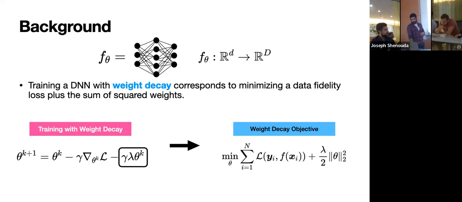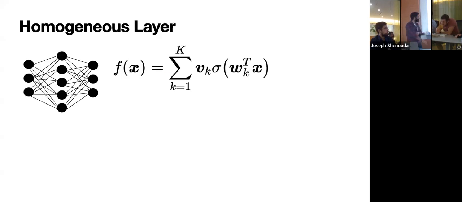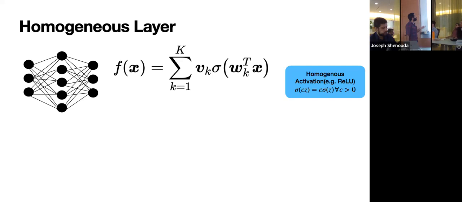Okay, so the second thing that's going to come up a lot in this talk is the concept of homogeneous layers. So let's say I have a neural network that looks like this. This is just one hidden layer. I'm basically doing some kind of linear combination of these representations that I've learned in the intermediate layer. And I'll say that this layer is homogeneous if the activation function involved in this layer, and the activation function can even be a linear activation function, just identity, is homogeneous if I can scale the input of the activation function, and that scaling basically just pops out.